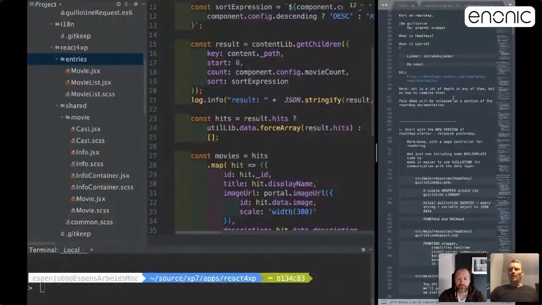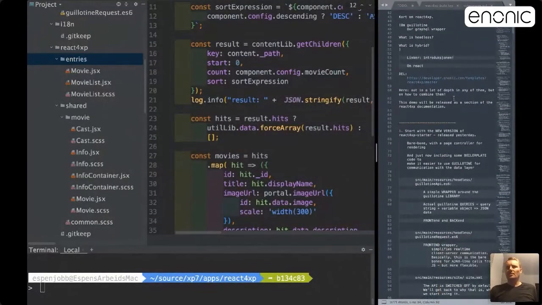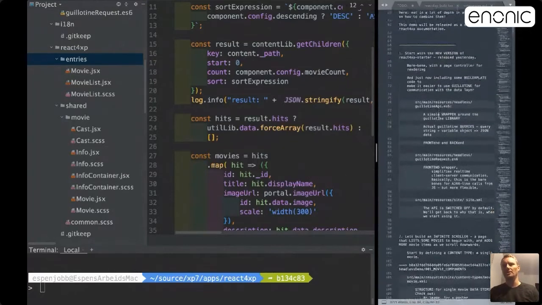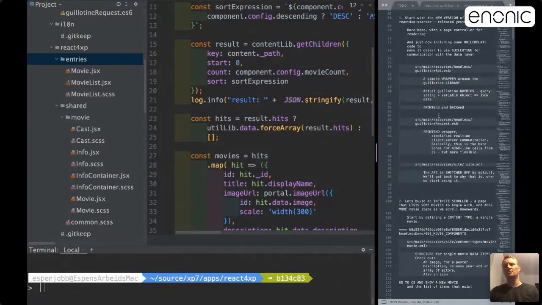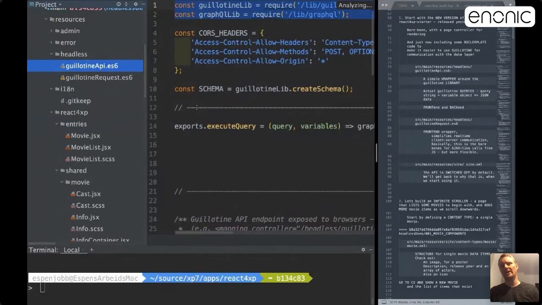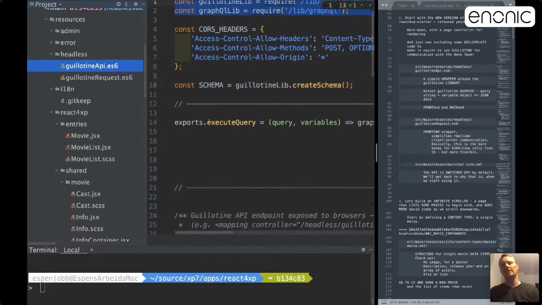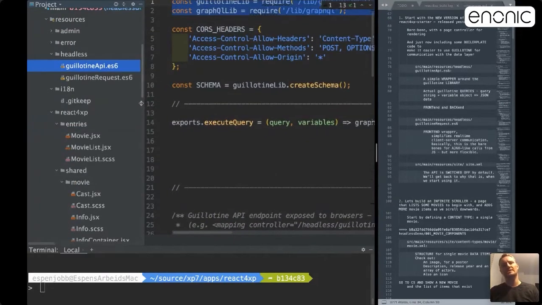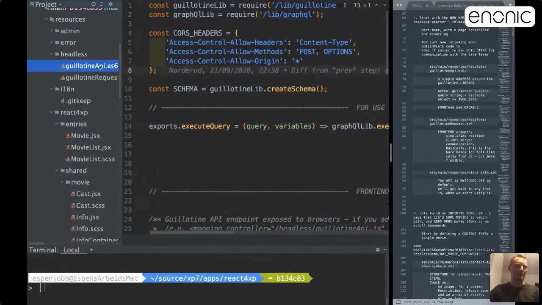Thank you, Thomas. So, short about React4XP, that's a wrapper and a combined compilation suite for XP, which has a starter of its own. And yesterday, we released a new version of the starter, which includes a little bit of boilerplate to make it easier to integrate Guillotine requests. What we see here, the Guillotine API,